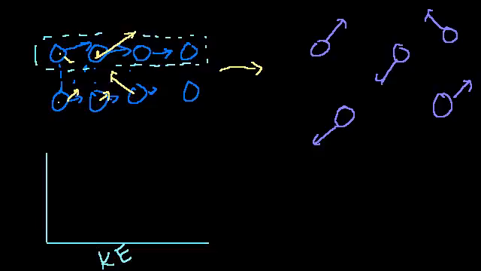So there's some average kinetic energy at some temperature, right? This is the average kinetic energy. And then the kinetic energy of all the particles is going to be a distribution around that. So maybe it looks something like this. A bell curve. And you could watch the statistics videos to learn more about the normal distribution. This is supposed to be a normal distribution, so it just gets smaller and smaller as you go there. And so at any given time, although the average is here, there are some molecules that have a very low kinetic energy. They're moving slowly.